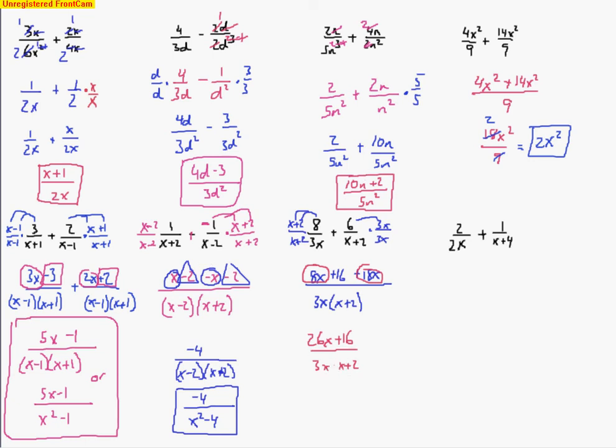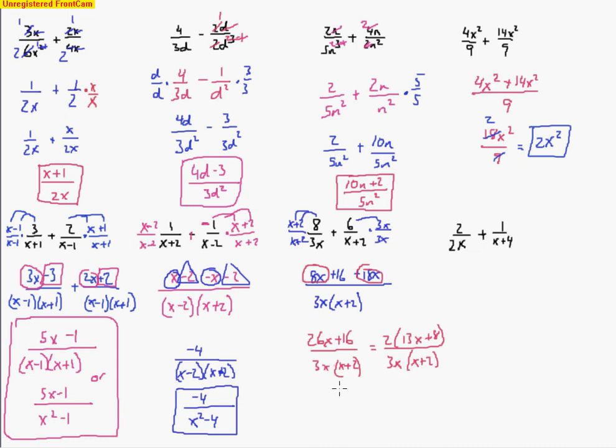So from this point, what we want to do is see if we can cancel anything. Now there's a common factor. We could take out a 2 from this term here, but if I do that, it doesn't get me too far. You see, I'm left with a 13x plus 8, and there's no 2 on the bottom. If this was a 2 instead of a 3, I'd be able to cancel something, but there's no canceling